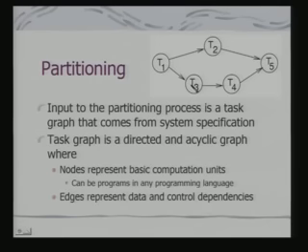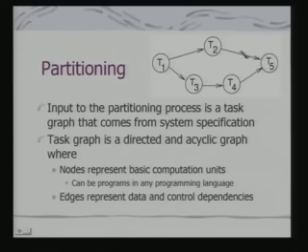Okay, that means this data is required here. So, there are dependencies between the tasks. Okay. Now, your basic partitioning problem is what? Mapping of these tasks to either hardware or software. Okay. Now, we may not like to jump straight into this partitioning process, because we might do some transformations on the task graph itself to make the whole process more efficient.